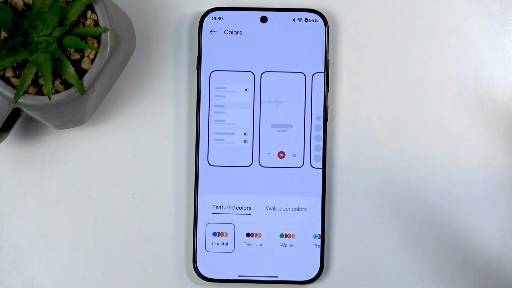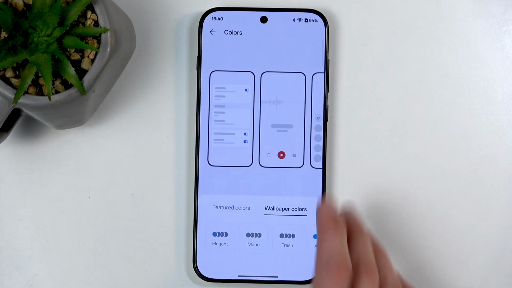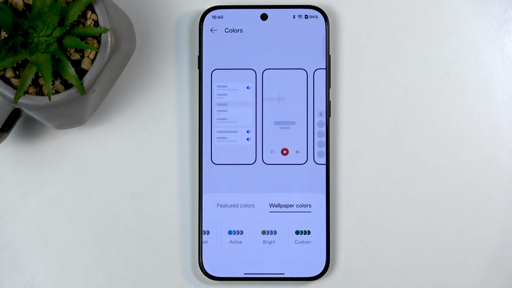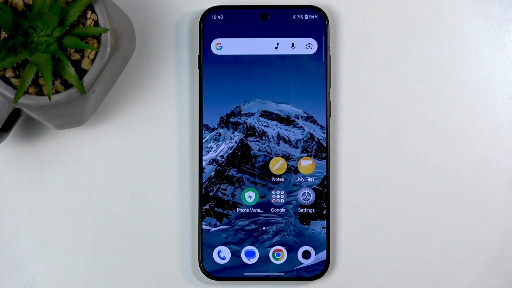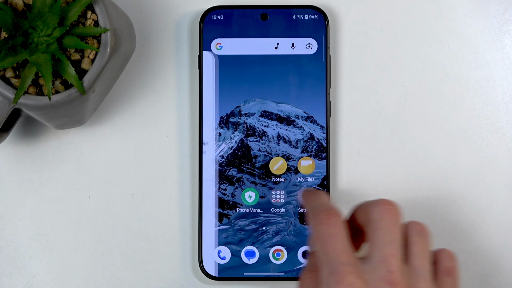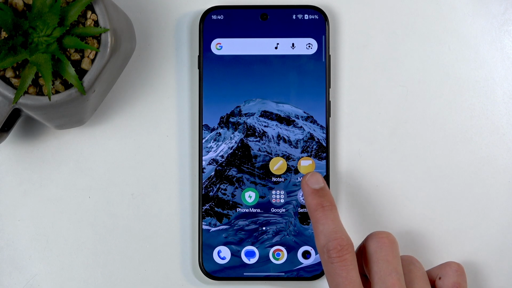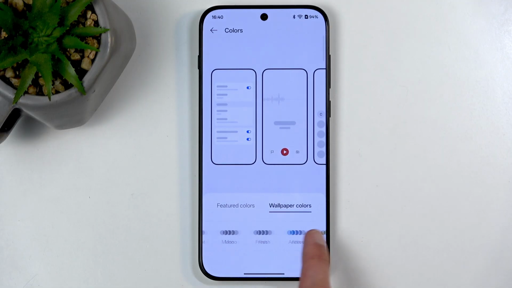Additionally, you can also have these colors be set by the wallpaper that you're using. And wow, if you have ever seen more muted colors, holy shit, they're all like gray. Not that I have any problem here, but it would be nice to have a little bit more options here. Now, they are based on the wallpaper, which is a default wallpaper of the phone. No, never mind, I lied. It's not a default wallpaper. So this is a mountain, which I guess consists of black, white, and blue, or gray. In any case, not too many colors visible right here,